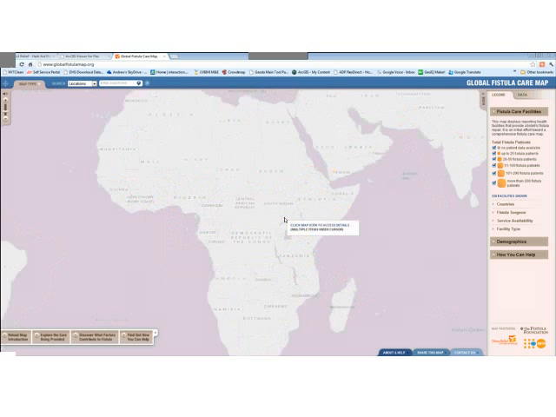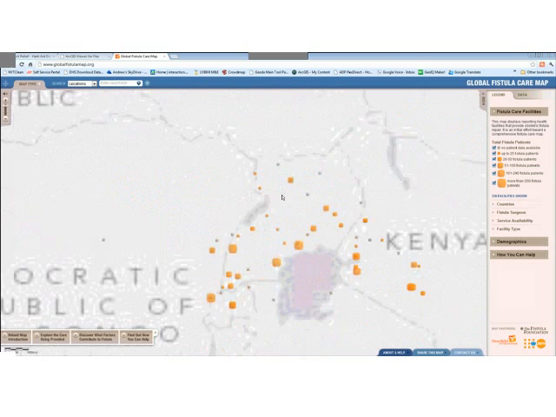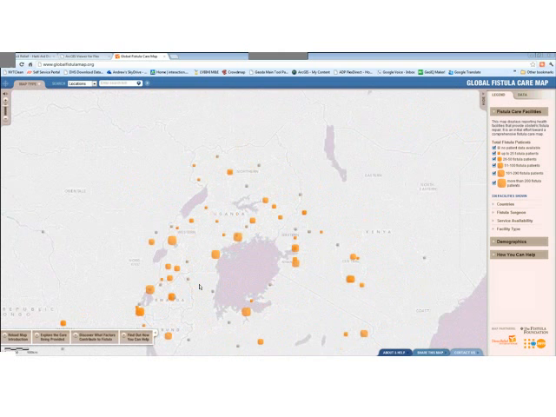Let me zoom into Uganda, where quite a lot of the services are provided. Some basic weighting is shown in the variables on the side about how many patients they actually saw.